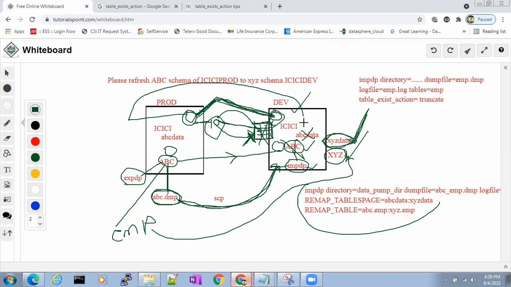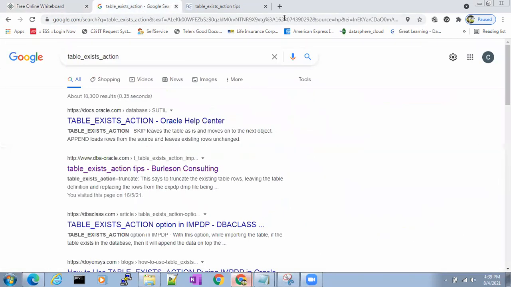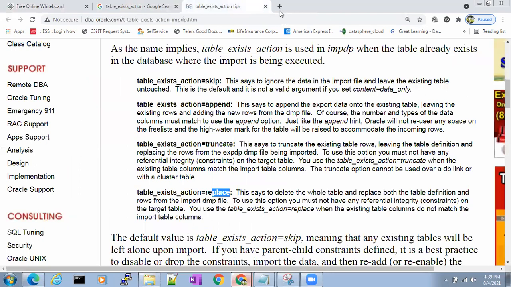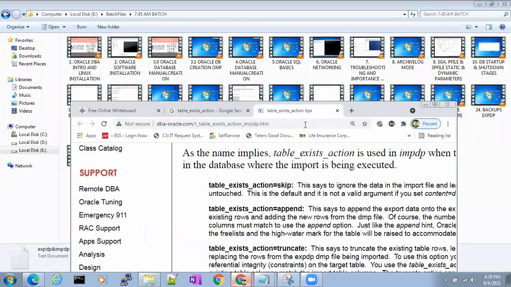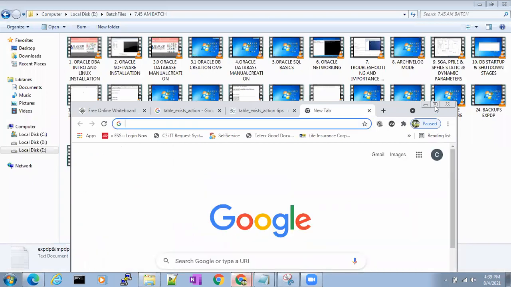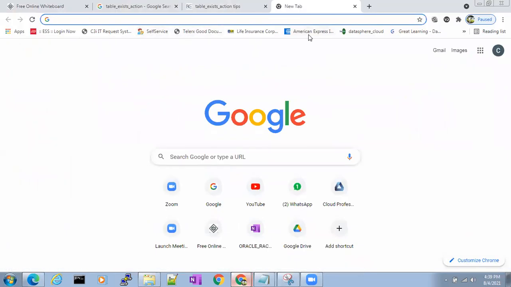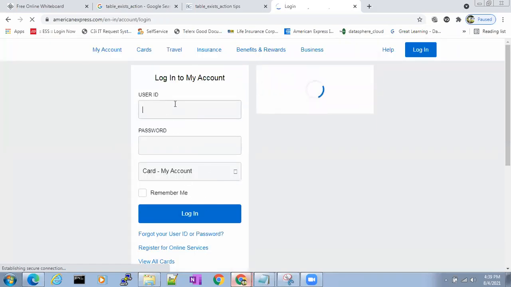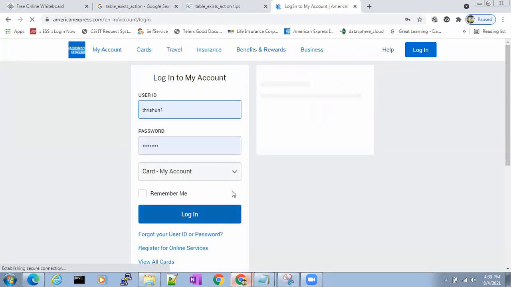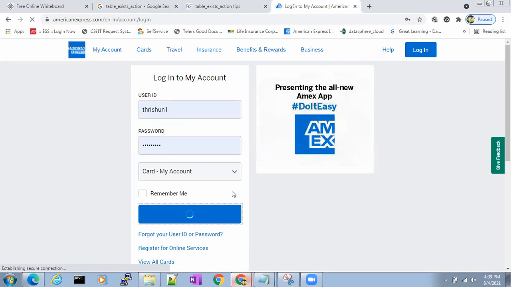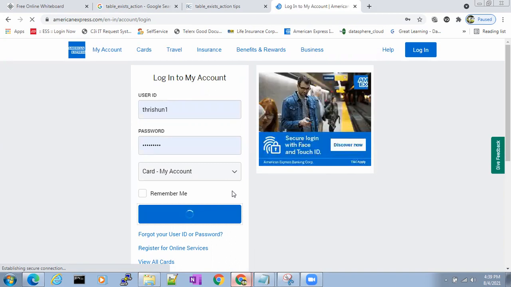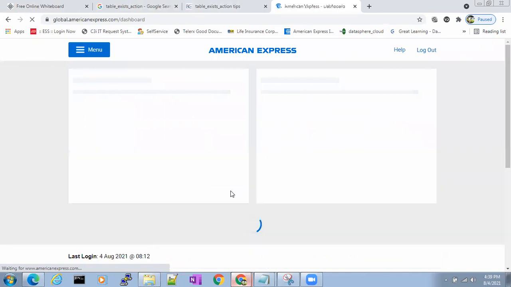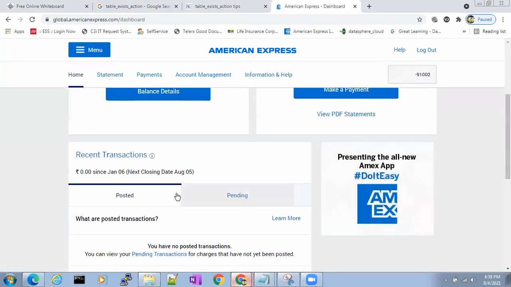In a report, for example, a user is running a report. See, you only answer me. I logged into my American Express net banking. The user is running a report. I have logged into my account, and I want to see my latest transactions.